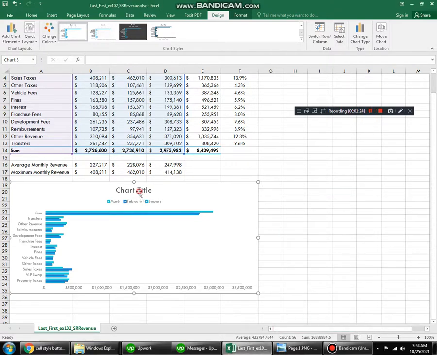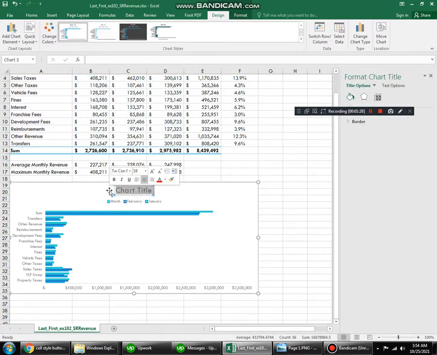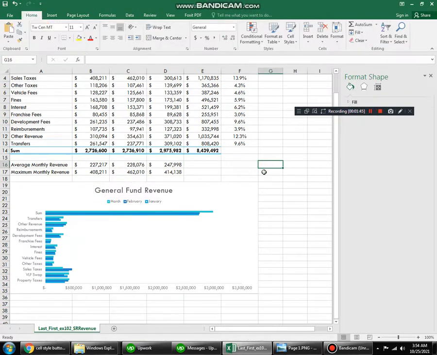then select chart title from here, double click it and rename it to general fund revenue. Okay, click outside anywhere and the chart will be ready. You can also press enter